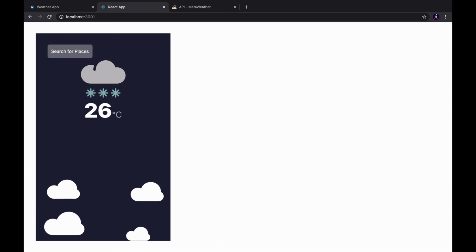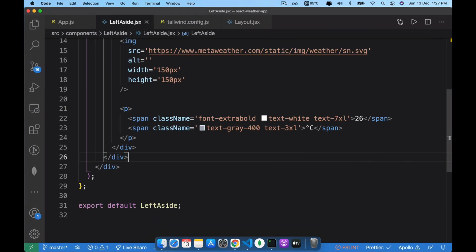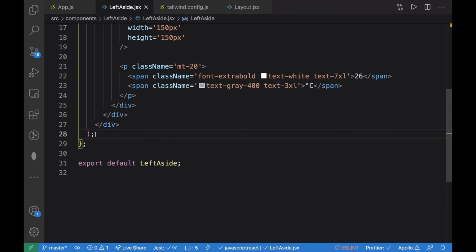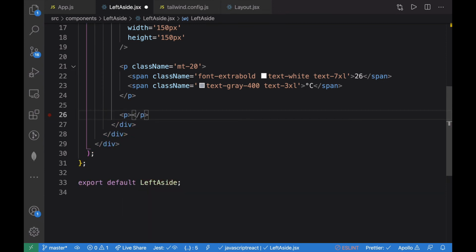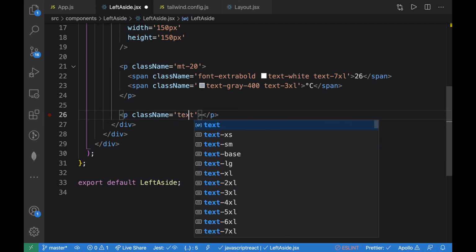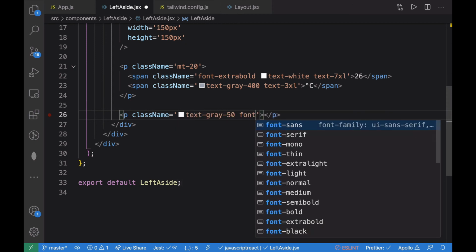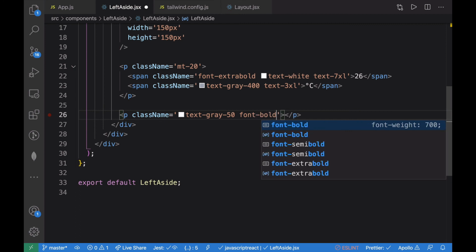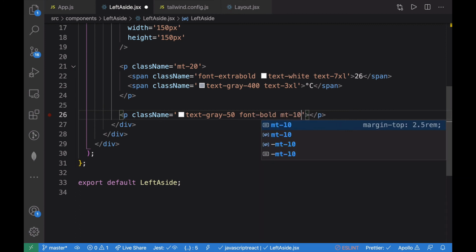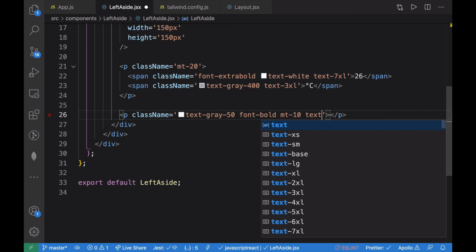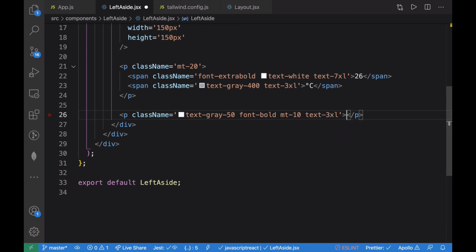And now just go back to the left-side.jsx file. Now down this paragraph tag which we defined earlier, create a new p tag and let's just give it a class name of text gray 50 and set the font to bold and margin top to 10 and the text size to 3XL, and let's just hard code as London for now.